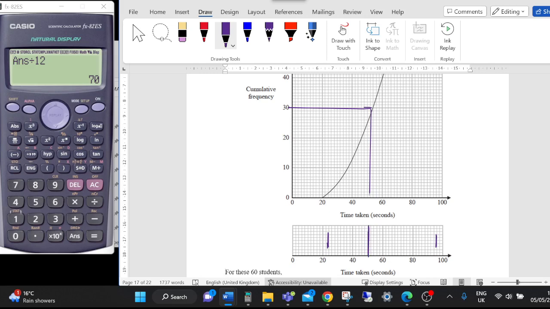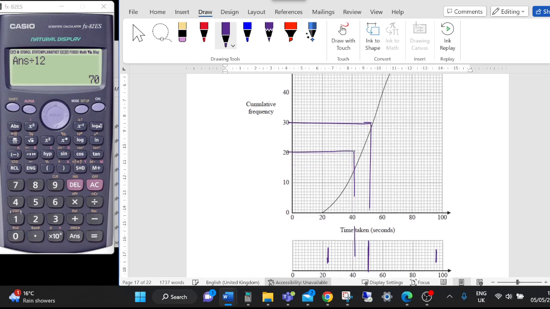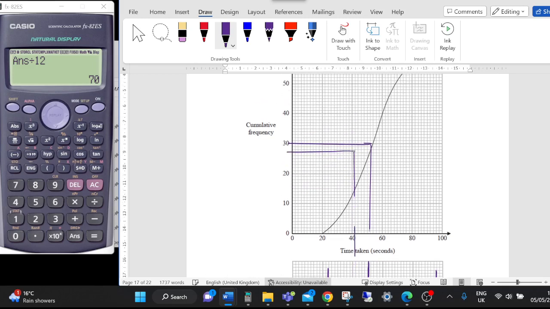And likewise the lower quartile would be at 15. So 15 is looking there. So we go across, 42, and then we mark it down there. And for the final one, we're looking at 45. So 45 is going to be roughly there. And then if we go straight down,